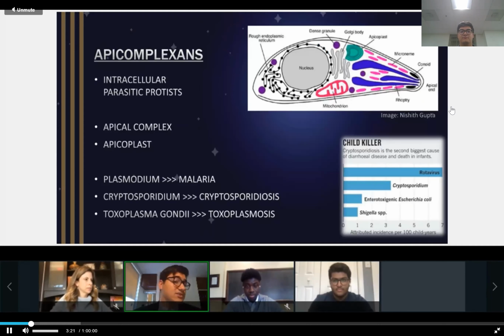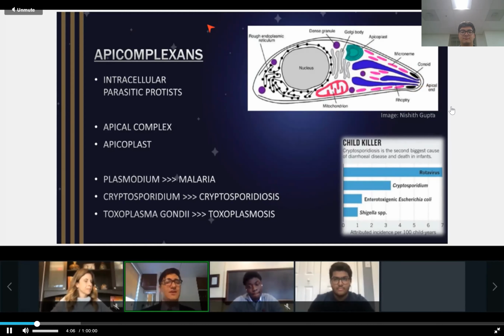So as I mentioned, Toxoplasma gondii is an apicomplexan. So it's a phylum of all intracellular parasitic protists, meaning that they have to be inside of another cell in order to reproduce. And so two main things that set these protists apart from others is an apical complex and an apicoplast. So the apical complex, if you see here down on this apical end here, this is where they have a bunch of different organelles such as micronemes, rhoptries, dense granules that secrete proteins that are involved in host cell invasion. So they help attach on to other cells and then invade them. But all these proteins come and they accumulate down here at the apical end of it.